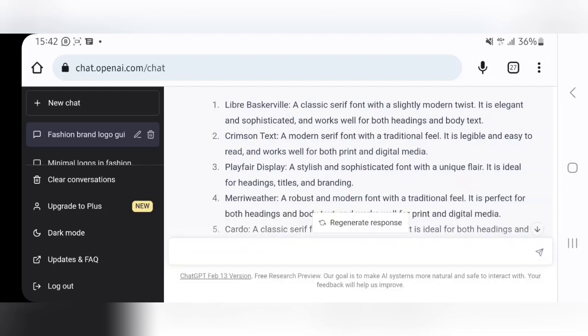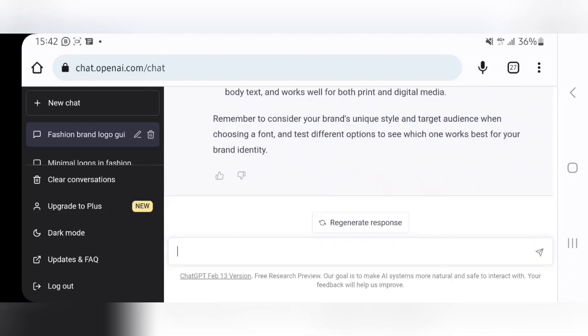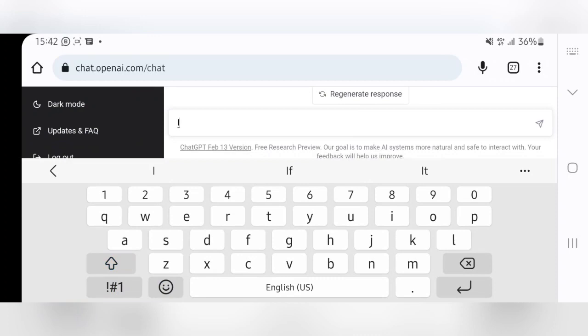And that is why you realize that most fashion brands actually use colors like gold, especially luxury fashion brands that give that luxury feel. For example, Louis Vuitton. You realize that most of the colors of those kinds of brands are gold, because gold gives a luxury feel. But then let's ask ChatGPT what colors